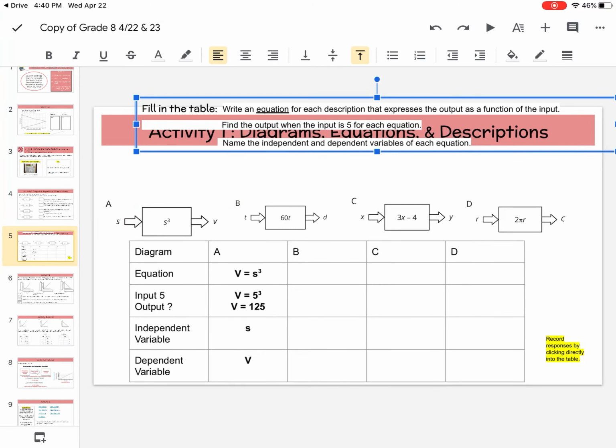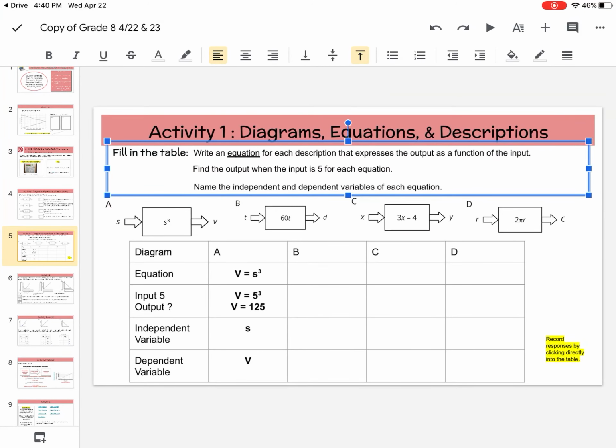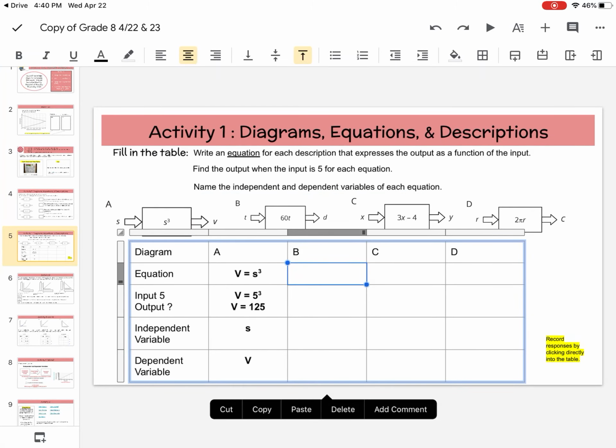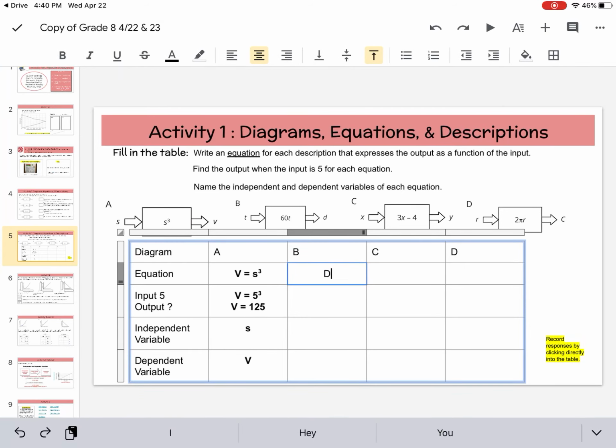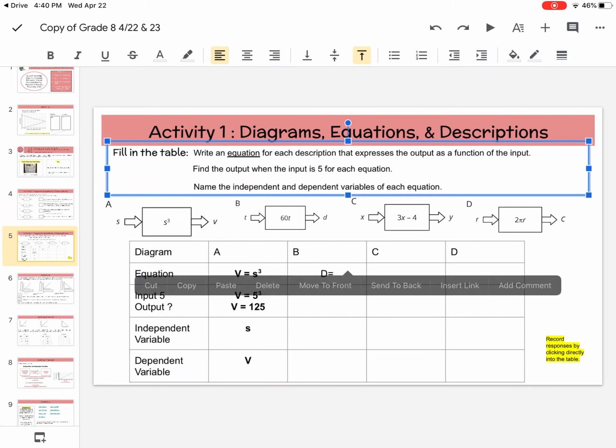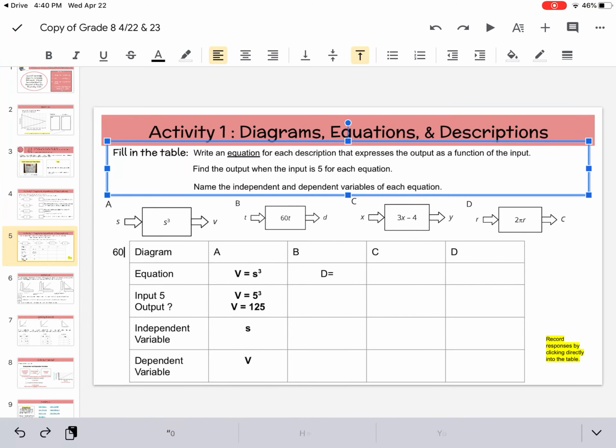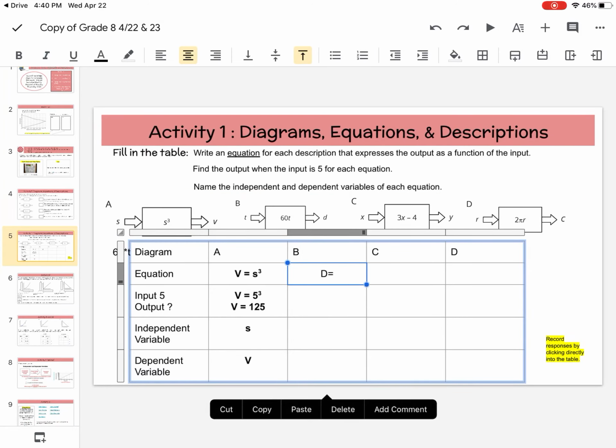If you're looking at B, what's on the right side of that equation box is the letter D. And we're going to say that it's equal to what's inside the box, 60 times T. Oh, I'm writing that in the wrong spot. Sorry. 60